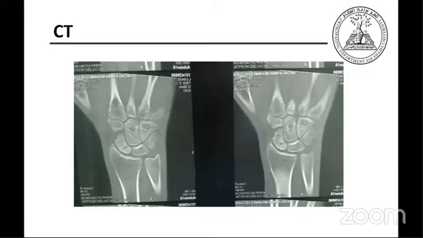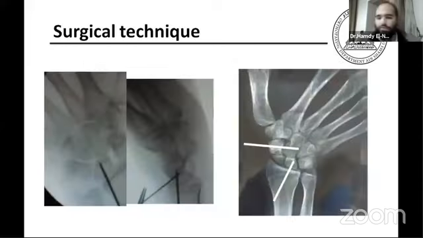Dr. Hamdi, show us what you did in the case. So we chose to do a percutaneous fixation combined with arthroscopic debridement and grafting. We first do an indirect fixation of the scaphoid fracture by a temporary radiolunate wire to stabilize the proximal pole, and a distal scaphocapitate wire to stabilize the distal fragment and to maintain some stability during arthroscopic debridement